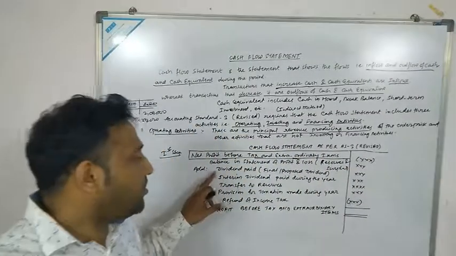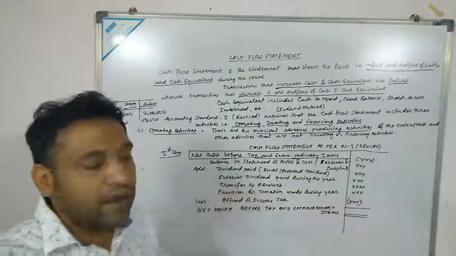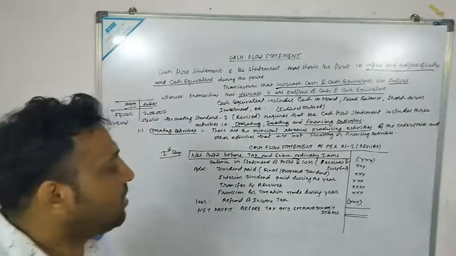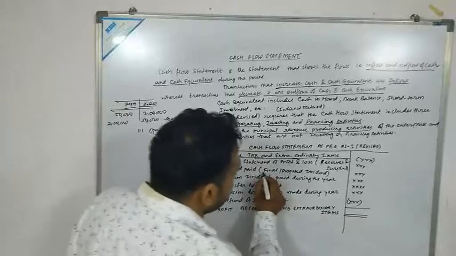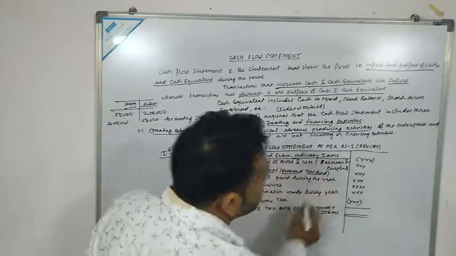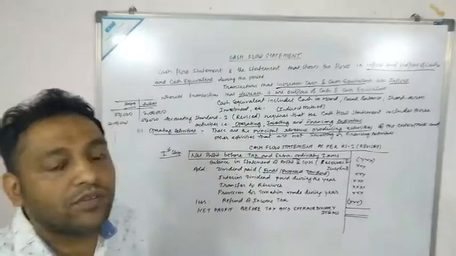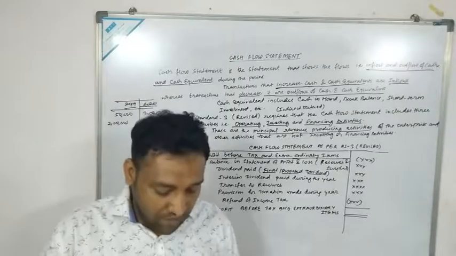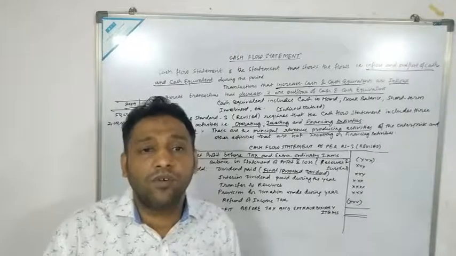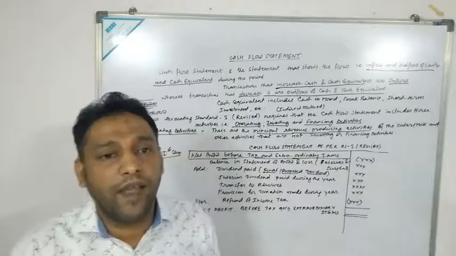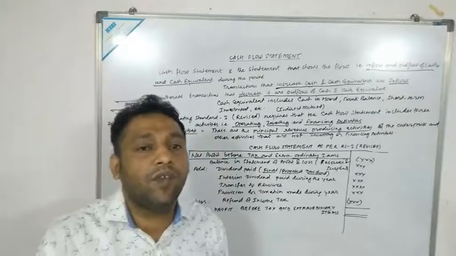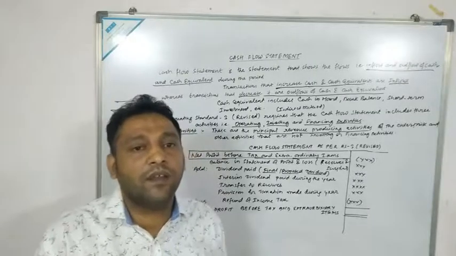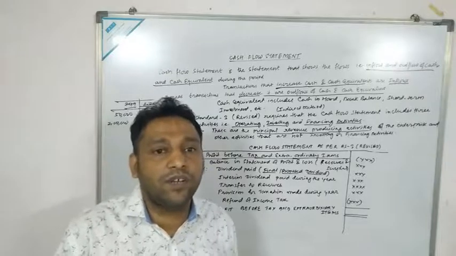Okay, then you have to add the dividend paid. Now, dividend paid, which type of dividend? It is either the final dividend or otherwise known as the proposed dividend. Okay, now the question comes, what do you mean by proposed dividend? Proposed dividend का मतलब क्या होता है? Proposed dividend is the dividend which is paid at the end of the accounting year. ठीक है, the accounting year is completed at the end of the annual general meeting.